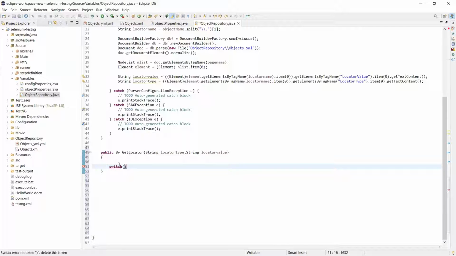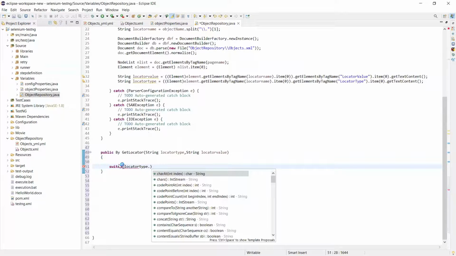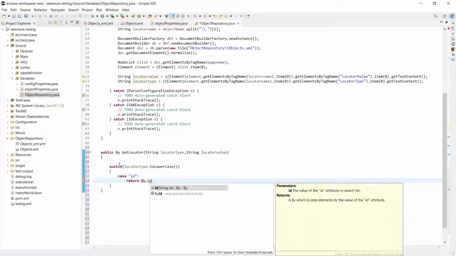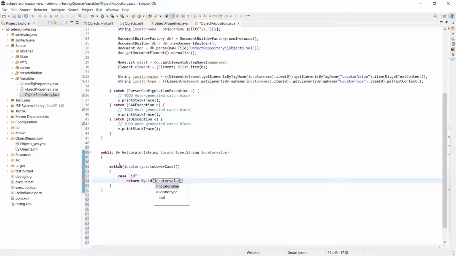After that, I'll create a switch case for locator type, and then based on the locator type, I'm going to create the By object using the locator value. So let's add the first case for ID, which will return the By object using By.id, and will pass the locator value in the id method.